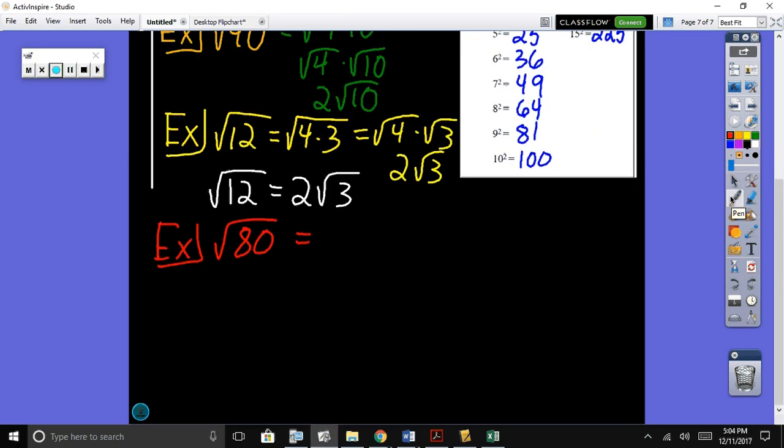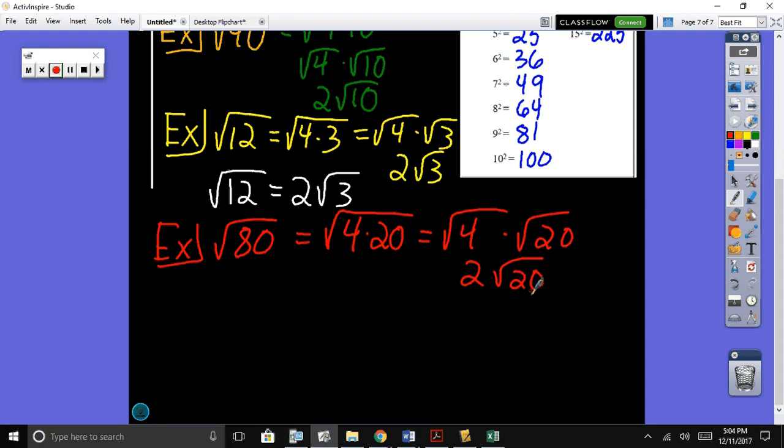If I break this up into square root of 4 times 20, and I can break that up into 4 times square root 20, and now the square root of 4 is 2, so that's 2 square root 20. But if I look at 20, 20 also has perfect squares going into it. So if I have the 2 square root 20 and I broke up the square root 20 part,